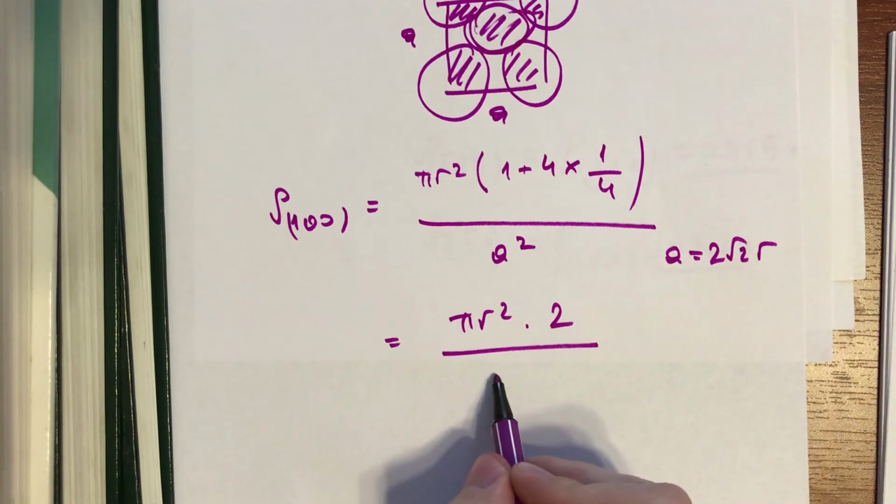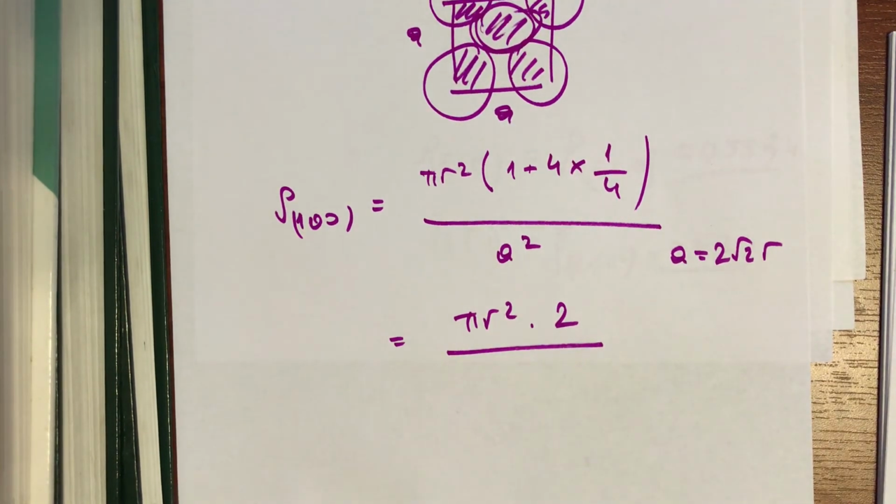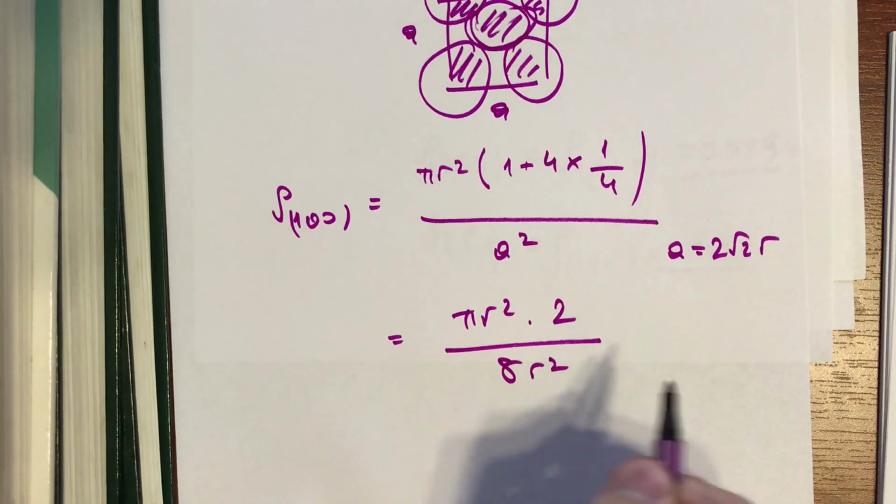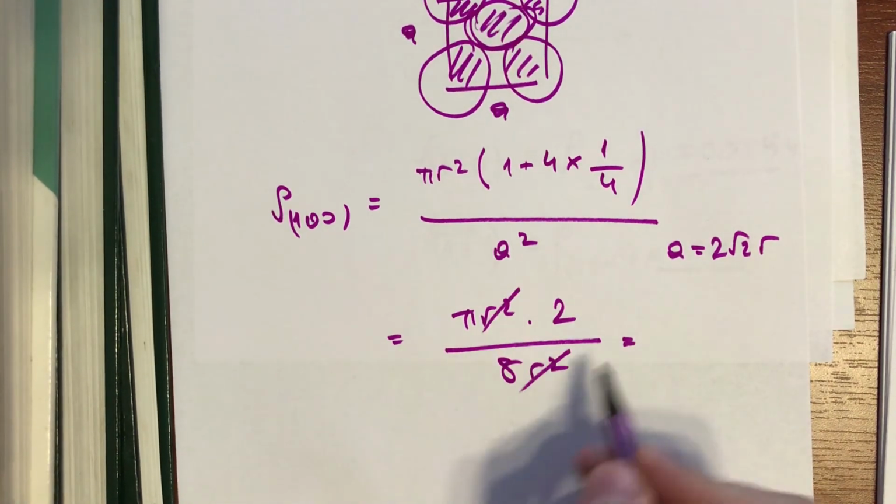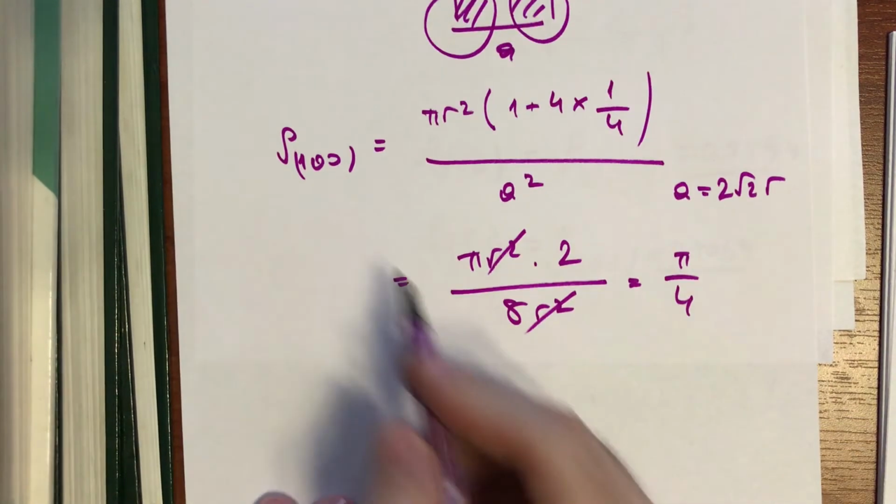If you square this, you will get 8r squared. Okay,